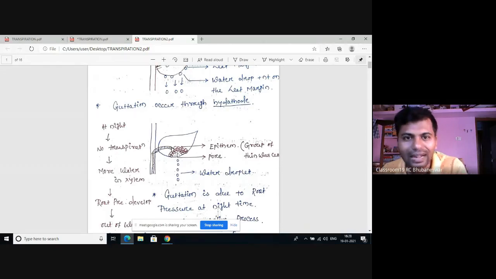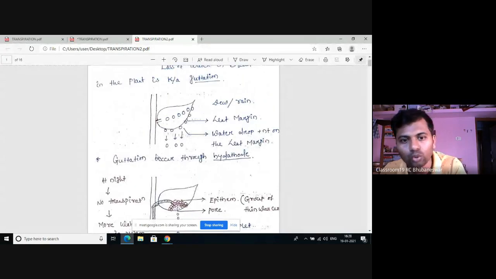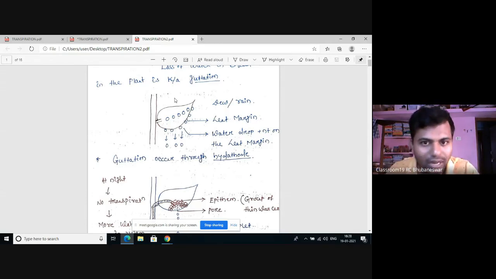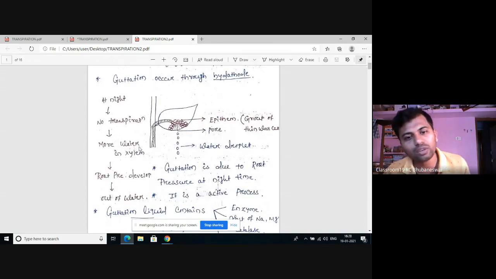Look at, during the daytime, what amount of water is absorbed into the root? The maximum is lost in the process of transpiration. But during the night time, there is continuous water absorption, but there is no loss of water. There is not as much transpiration because of the absence of sunlight. So due to continuous absorption of water during the night time,